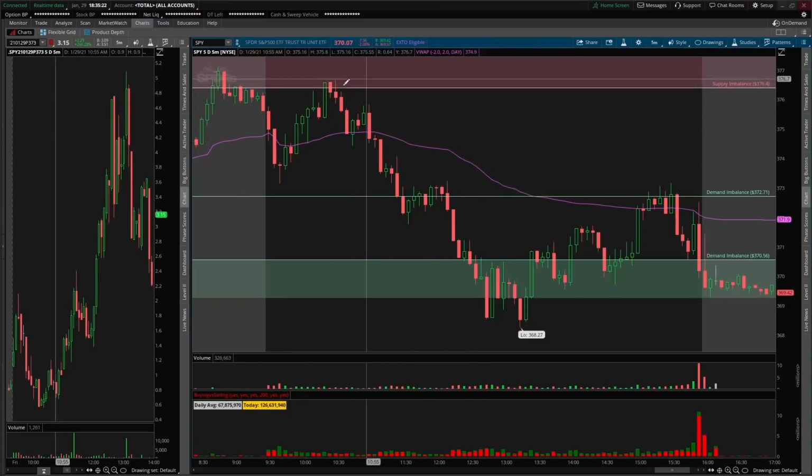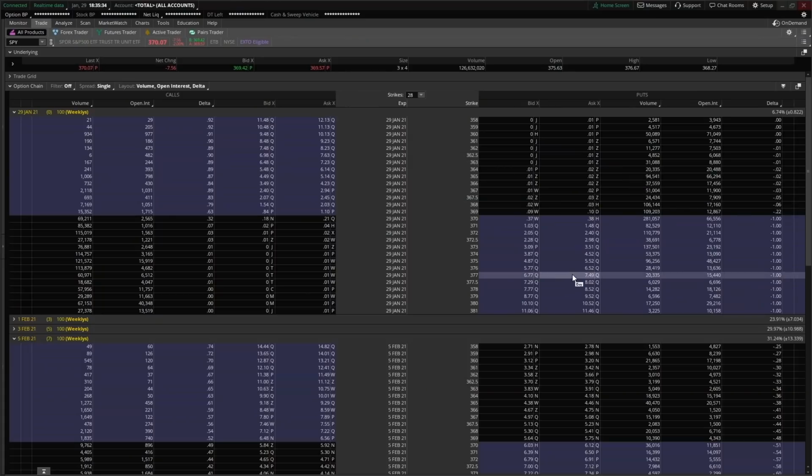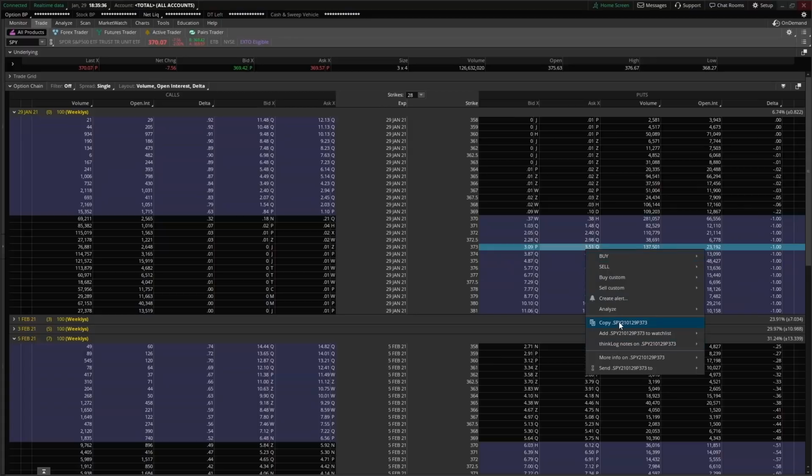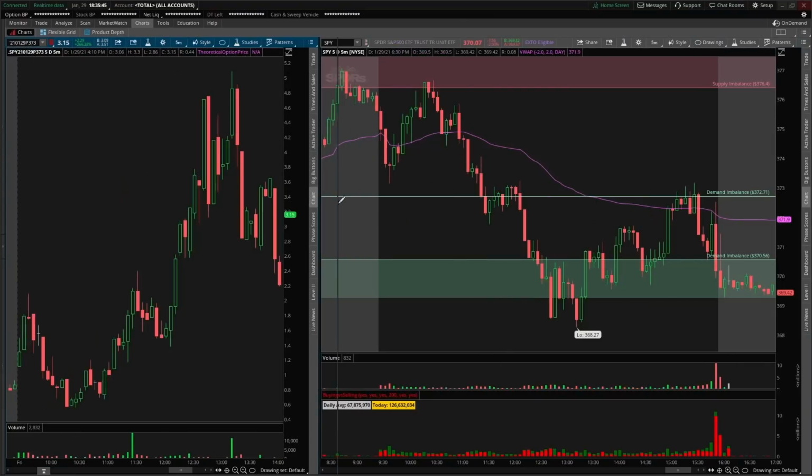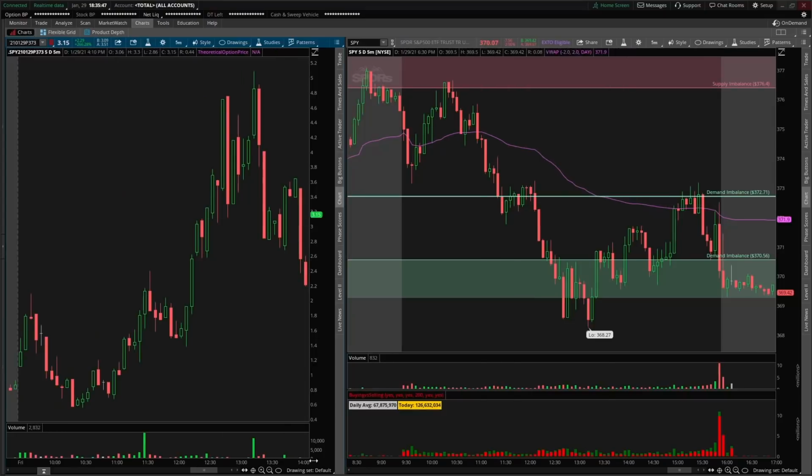Again, this is SPY today, rejecting supply. So the idea here is we want to take the trade short inside of a supply or a sell imbalance. You could take the equity short, or if you trade options, we can look to take puts, because obviously puts are a bearish position. So I'm going to copy just the 375 puts into this left chart over here. I'm going to make this a little bigger for you all to see. So what I mean by less size in a volatile market, my cursors are synced.